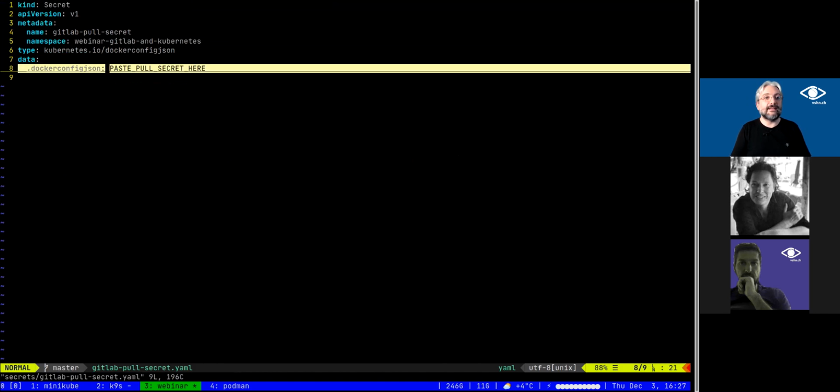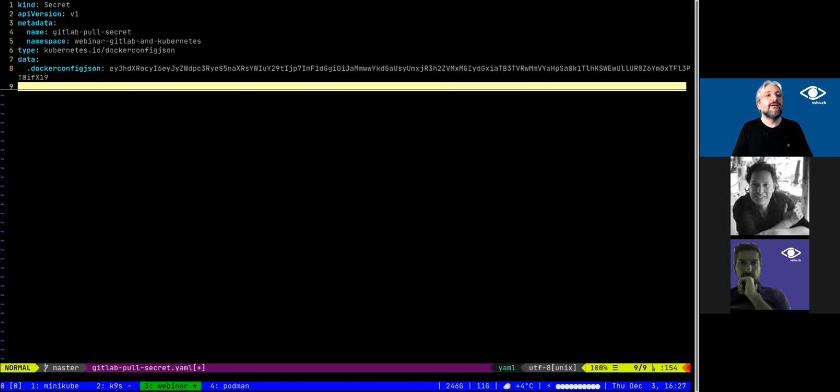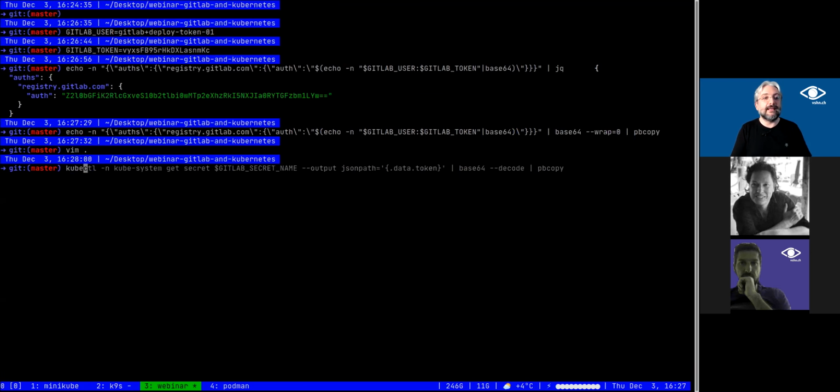And here I have exactly what I need. There we go. This is a secret that I'm going to store inside of my Kubernetes, of my Minikube, that will give the Kubernetes the possibility of pulling images out of GitLab. And this is really great. So now I can just kubectl